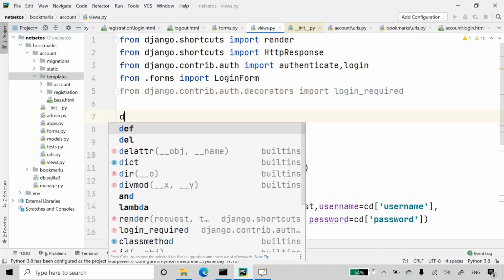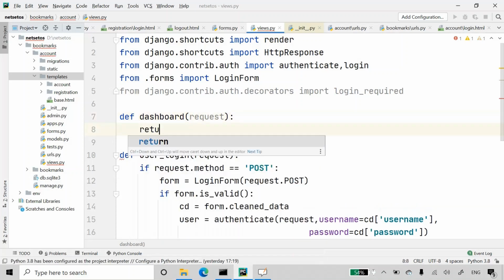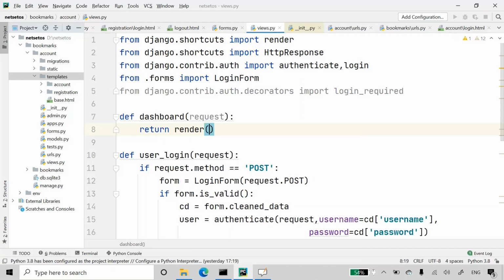Now I'll create a function with the name dashboard, which will take request, and it will return render request.